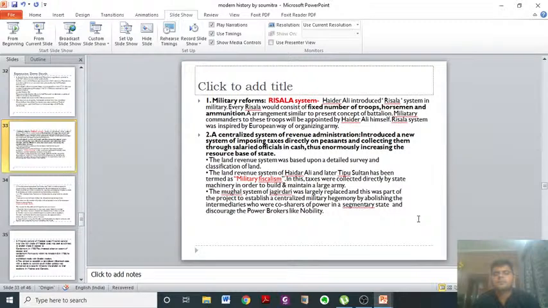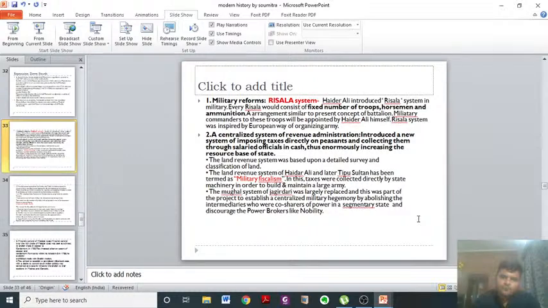What is the Risala system? Risala is a contingent system of a fixed number of ammunition, horsemen, and troops. If you are asked what the Risala system is, it is related to the Mysore kingdom. Military fiscalism means taxes were collected directly by the state. No middleman was there. After Hyder Ali, his son Tipu Sultan is considered one of the